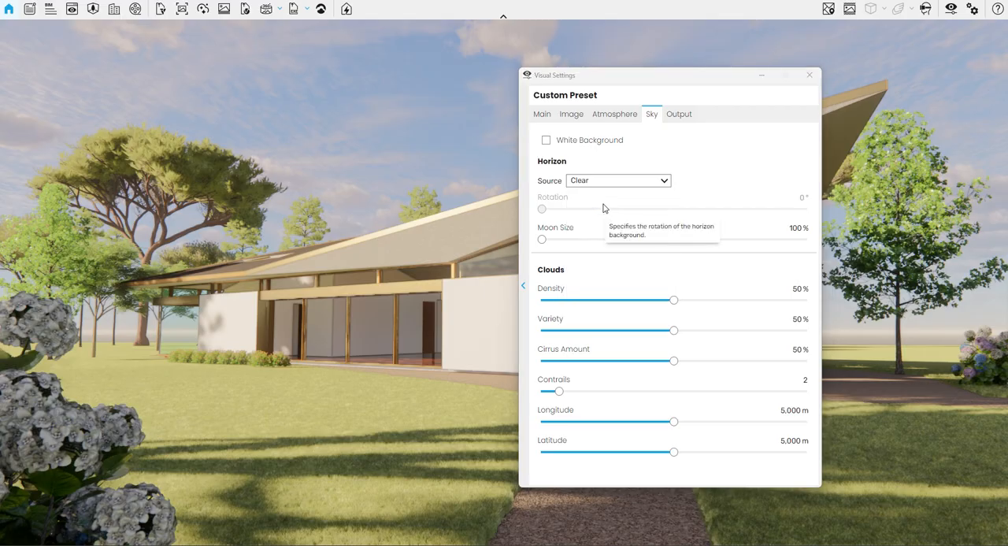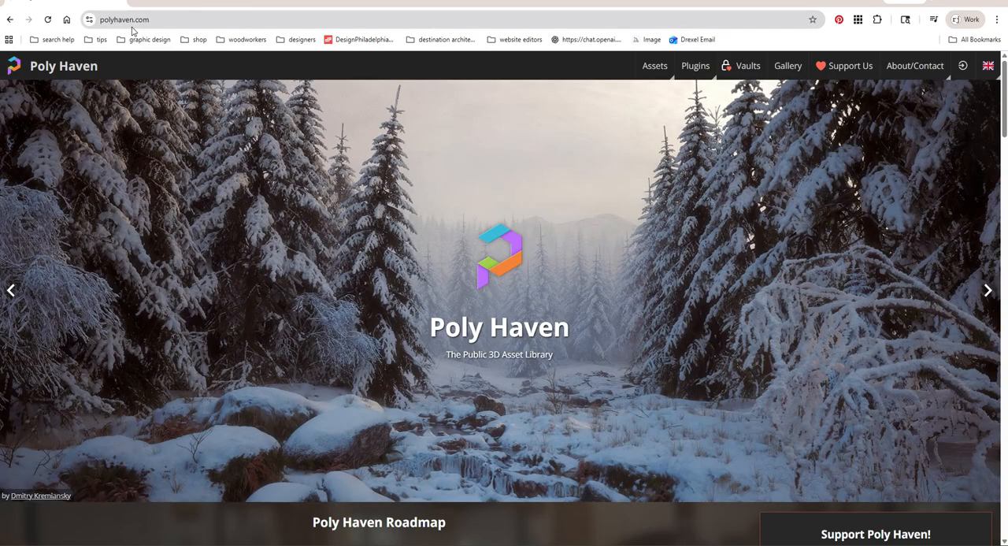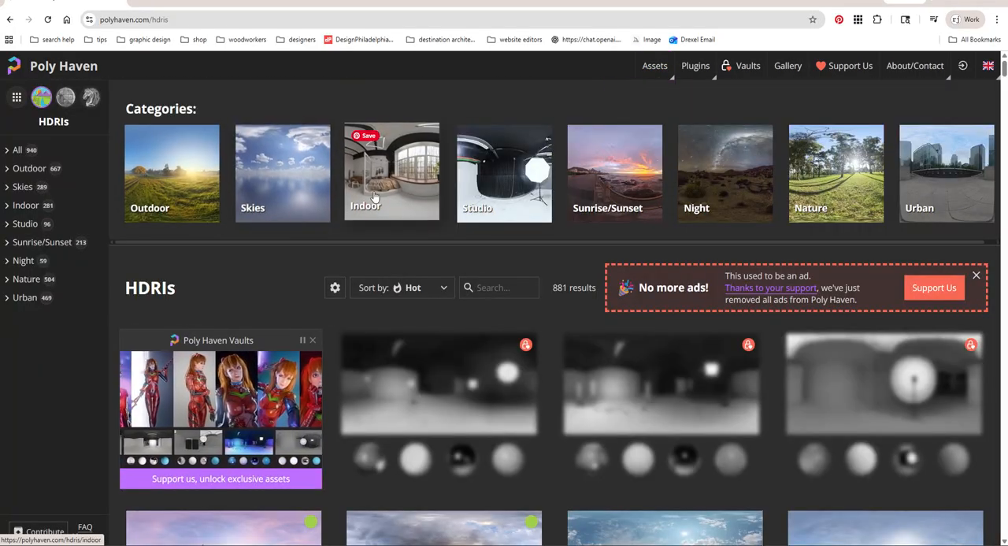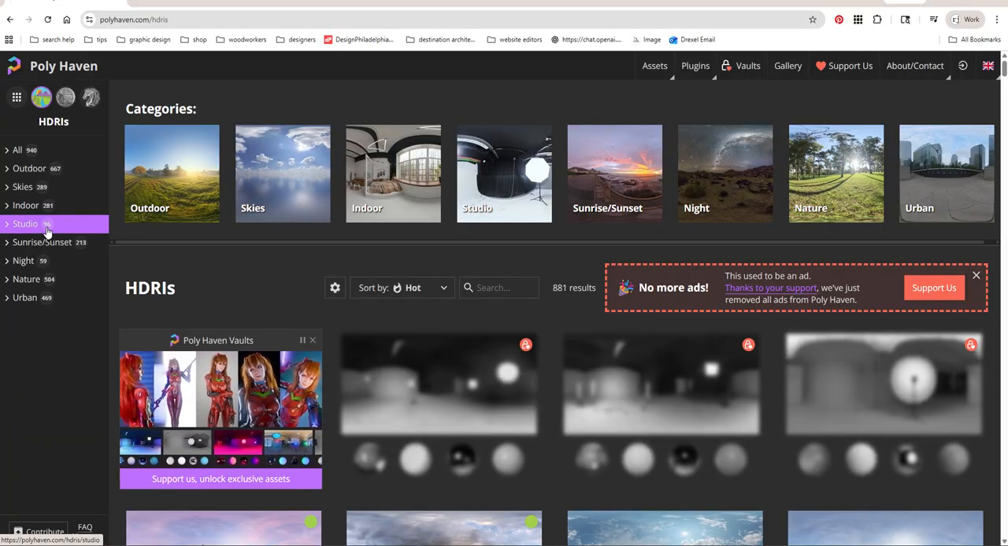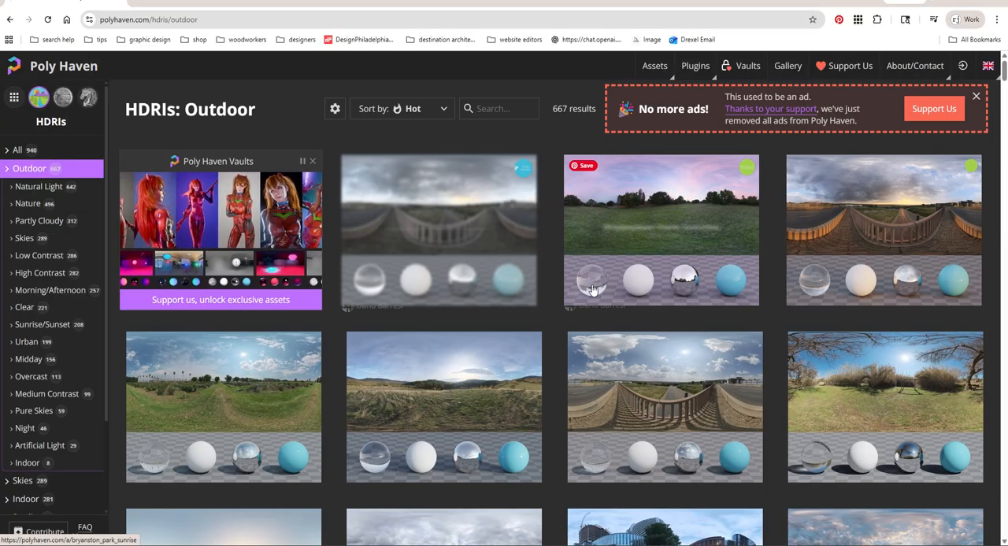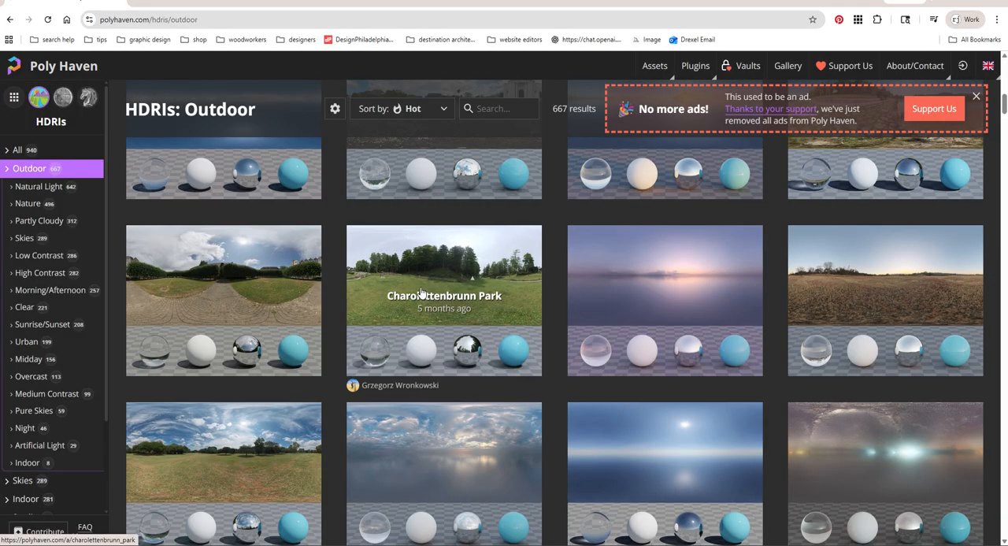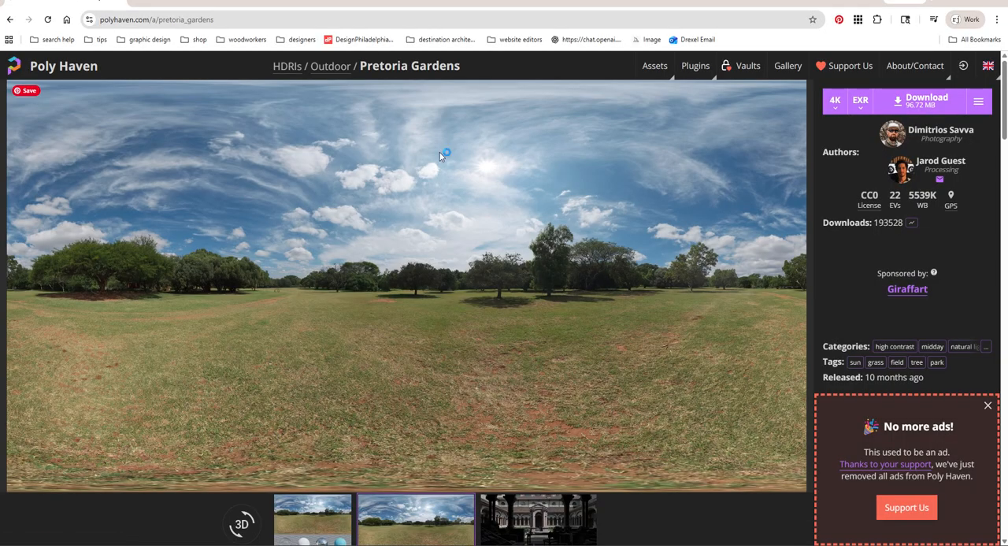You can find a bunch of free ones on this website, polyhaven.com. If you go to assets, HDRIs, high dynamic range images, there's a bunch here, including indoor and outdoors. But if you go to outdoor, you can basically download most of these for free. I usually try to find ones in this situation that have a tree line like this maybe, but also a